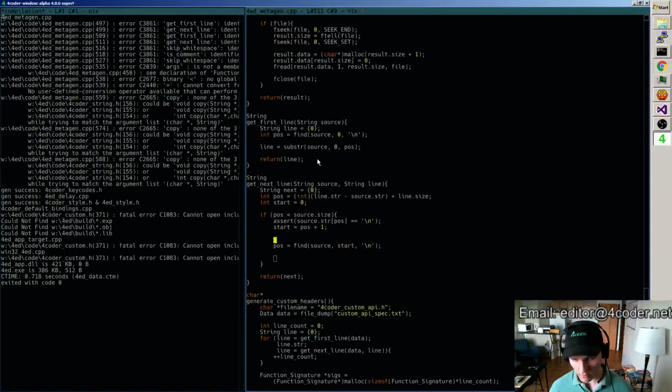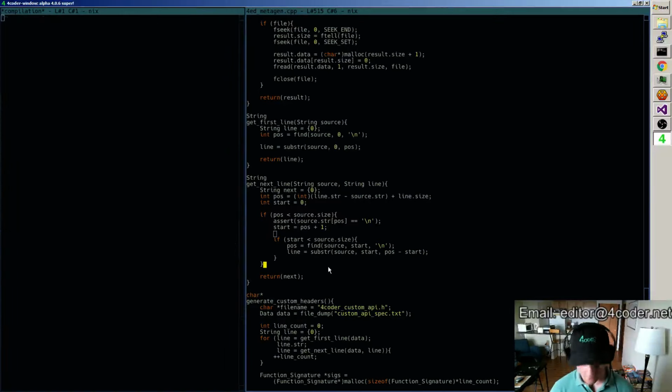So I do care if, yeah, I do need start to be less than the source size. Then I can find the position where the next new line occurs, and I can say, alright, great, then line should be the substring within the source, starting from start and going to a length of position minus start. I believe that would solve that problem.